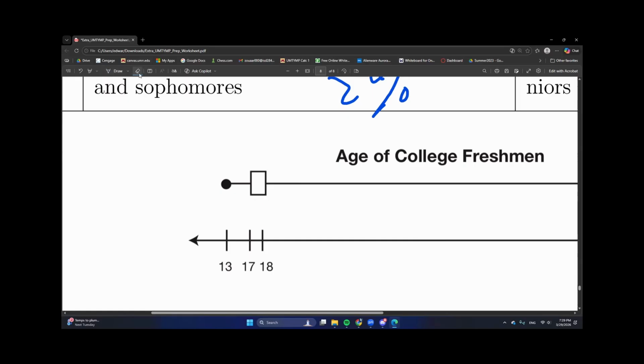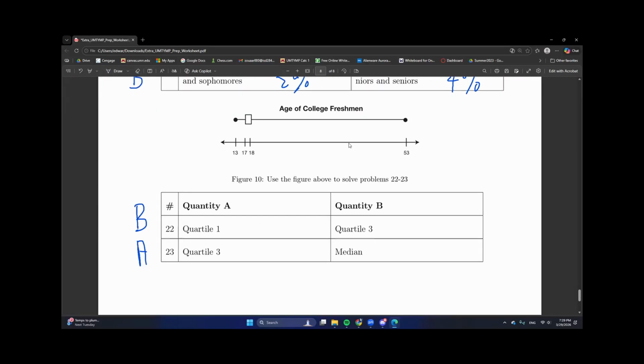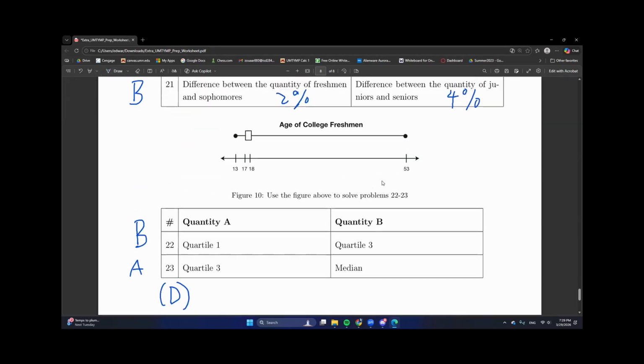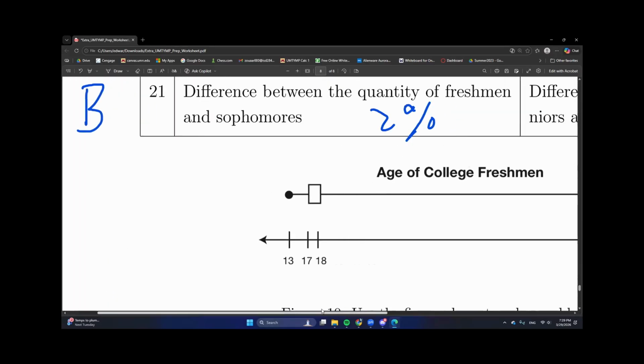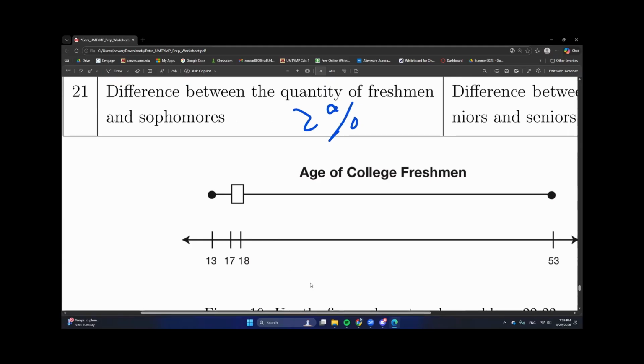Okay, so wouldn't that be D? Yes, it would be. It would be D. Yay. But since that's very hard to see, A is totally fine. Thank you. Yep. And the reason why it's D is because if it's over, that means that